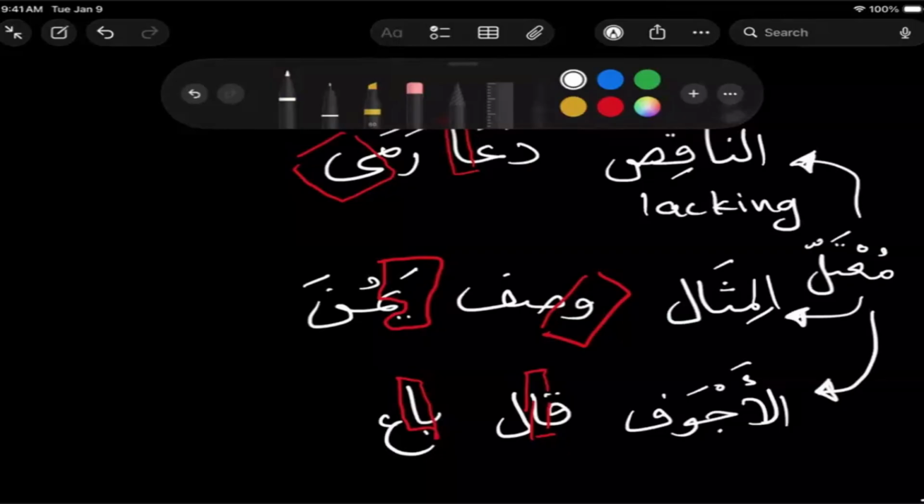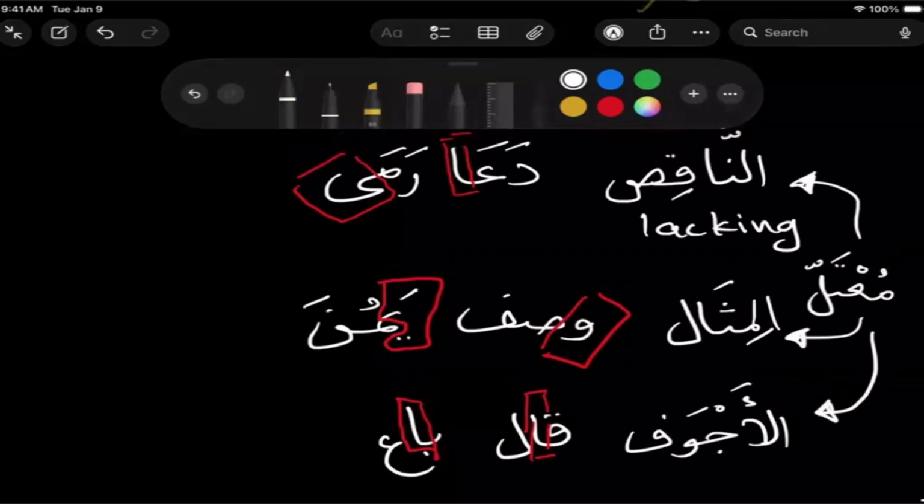Then what's after that? We won't be done with the mu'tal, because after that we need to see combinations. What if the first one and the last one are unstable? Or what other combinations are there? Are there all possible combinations or some or what? We'll see. I want to remind you.